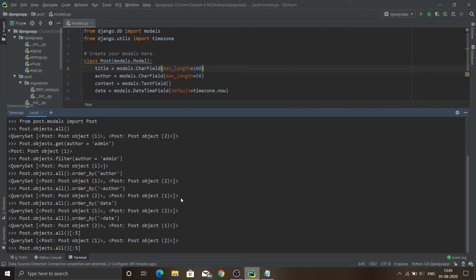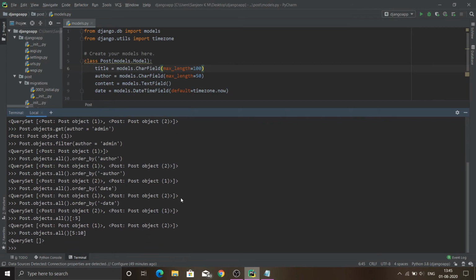I could also say 5 to 10. It's empty because I don't have objects farther than 2. If I had many, it would return the 6th to 10th objects in my post model. So this is how we could get a particular amount of data from our model.